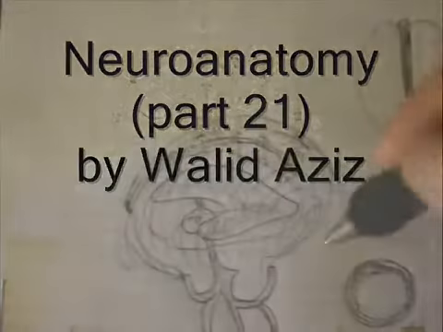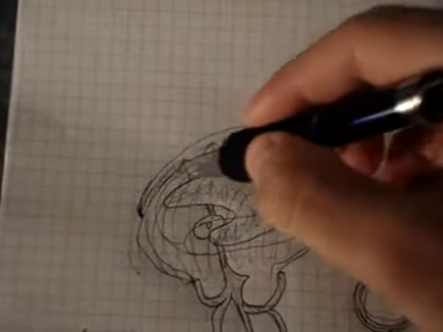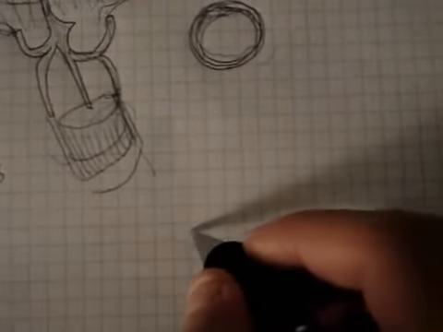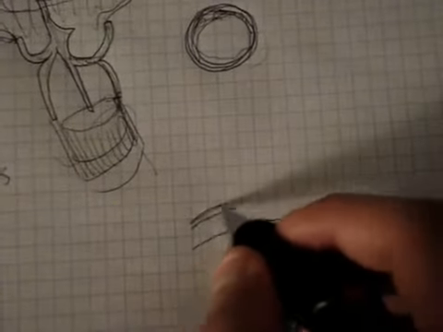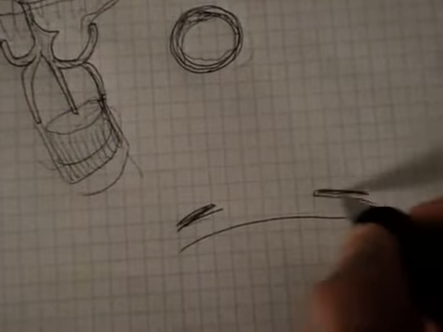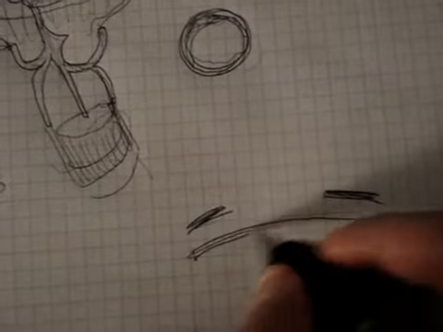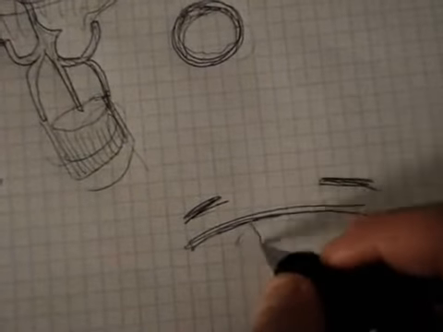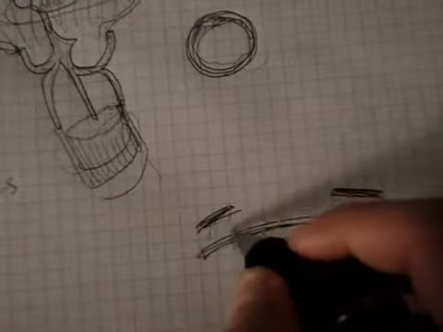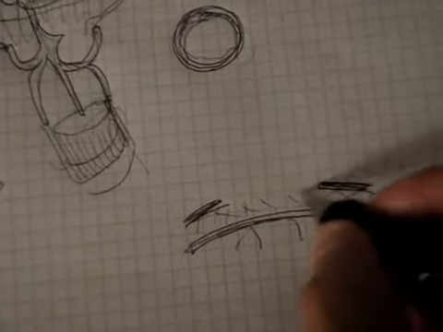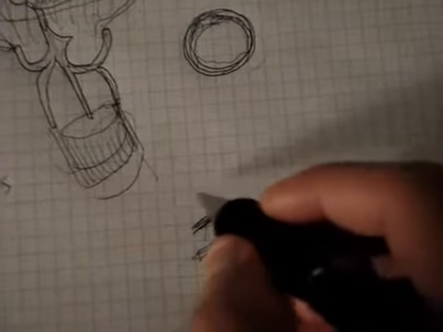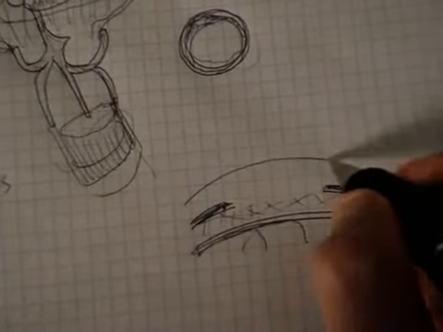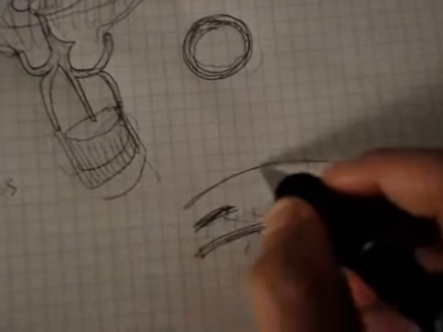Before we get into the rest of the venous sinuses, if we zoom in on this area, we should see something like this. Here is our arachnoid membrane, arachnoid mater. Here is our pia mater, and there is our brain. This is the subarachnoid space, which contains the cerebrospinal fluid, and there is our dura mater, the top layer of dura mater,